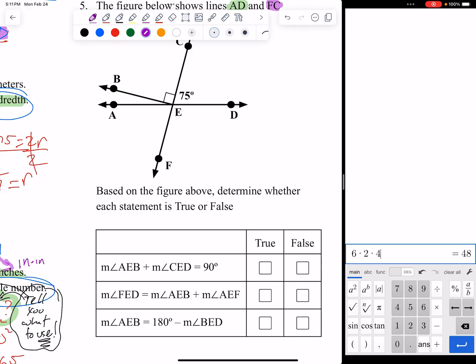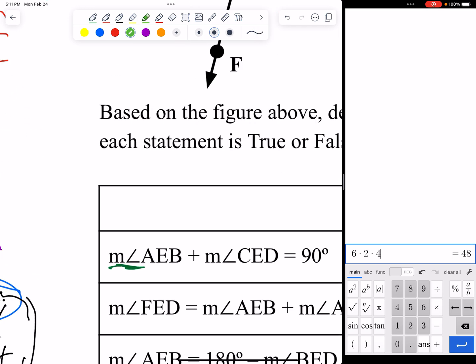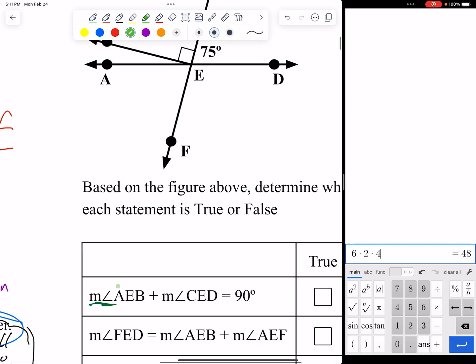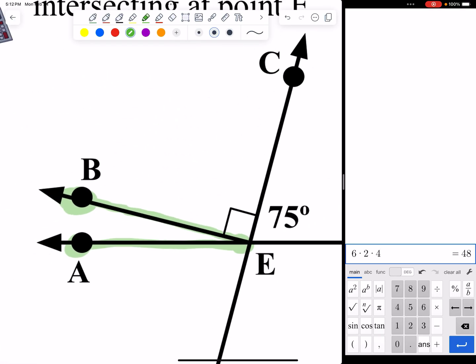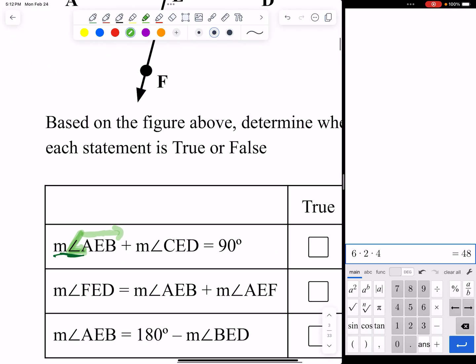So here's what I'm talking about. The measure of the angle, okay? And it says it's in order. That's why I love geometry, because it tells me what to look for. I start at A and I go to E and then B. So I'm going to go from A to E to B. Can you see they even told me the shape? It looks like an angle. Can you see it? There's my angle right there. So that angle